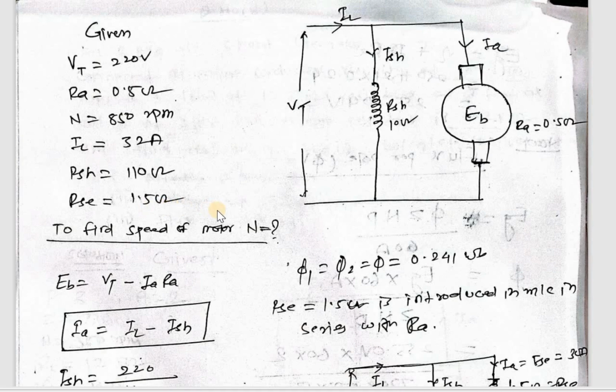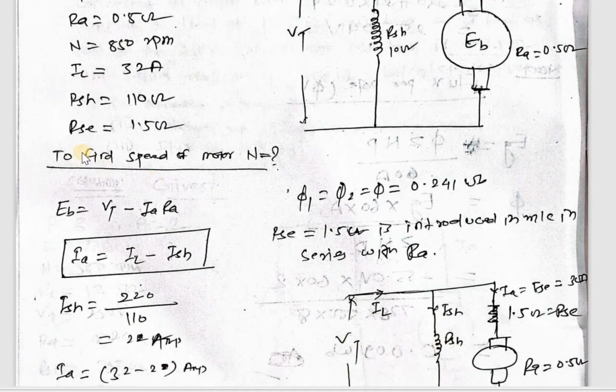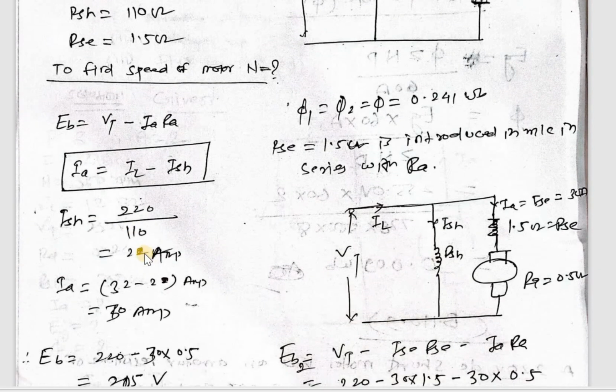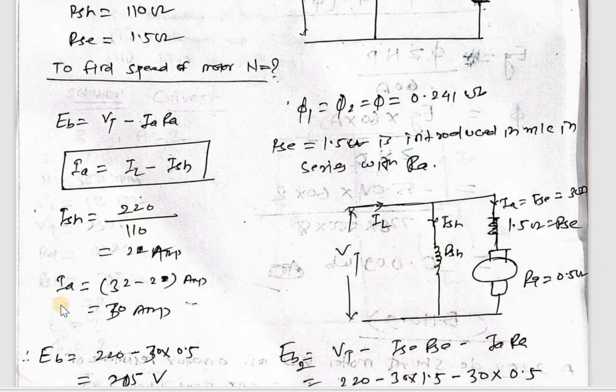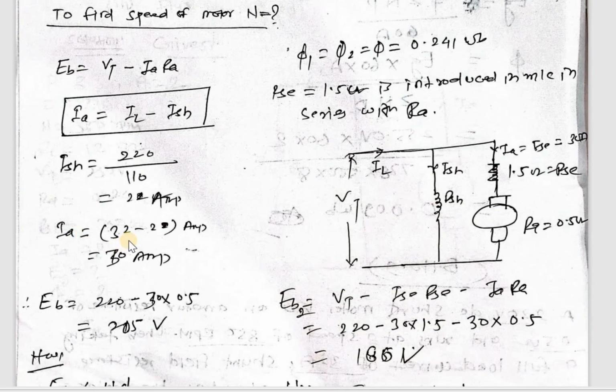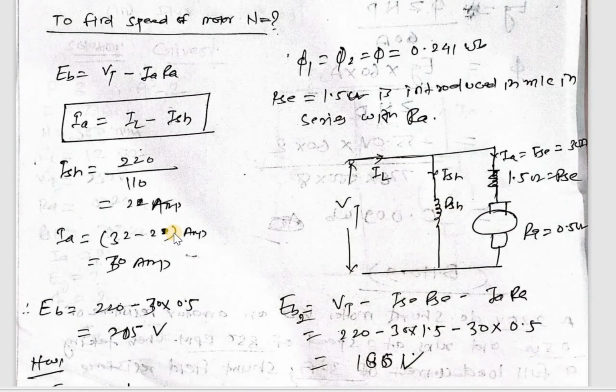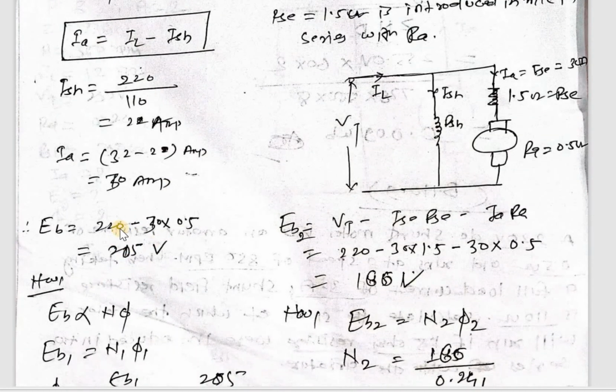So to find the speed of motor, first of all, EB equal to VT minus IARA, and IA equal to IL minus ISH. So ISH is equal to 220 upon 110, that is 2 ampere, and then IA equal to IL minus ISH, so 30 ampere, and EB equal to VT minus IARA, then we can get the value of EB 205,